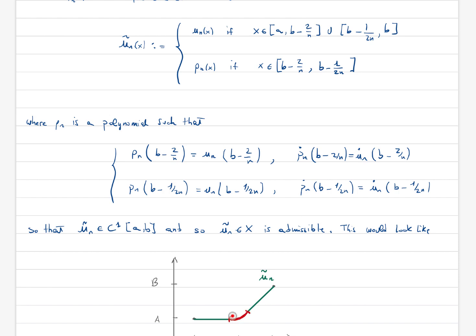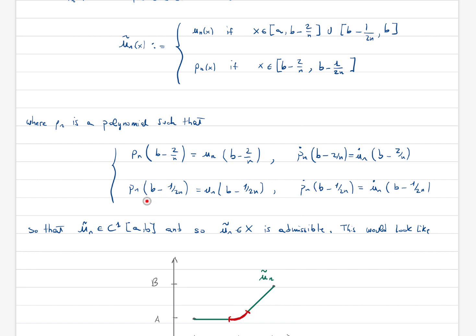You can take a degree 2 polynomial, I think in this case, and you just impose continuity at the points here, so the polynomial has to attach to the function un, and also you have to impose the continuity of the first derivative, meaning that Pn, which is our sequence of polynomials, at b minus 2 over n has to be equal to un, and the derivative at this point has to be equal to the derivative of un,